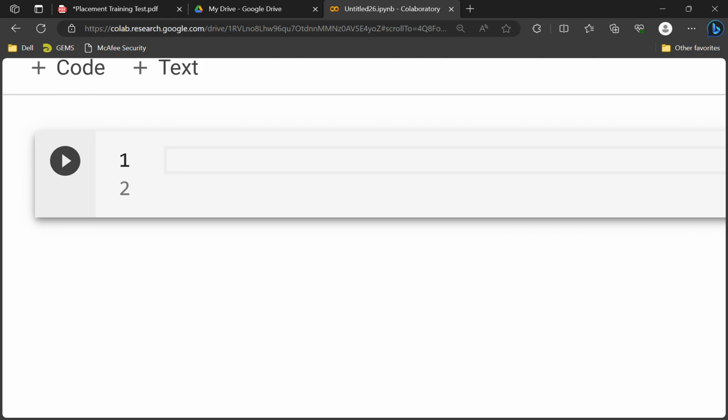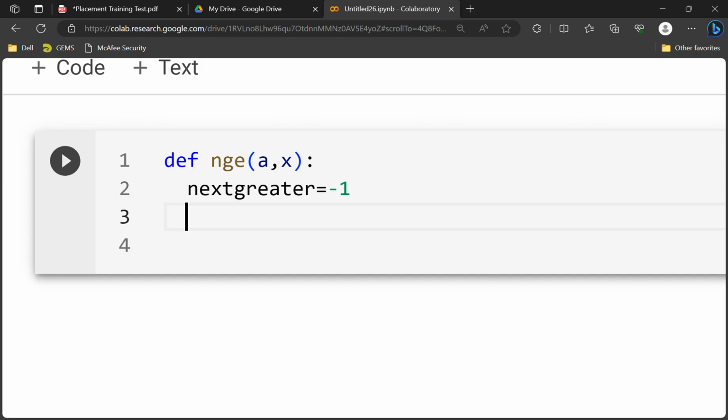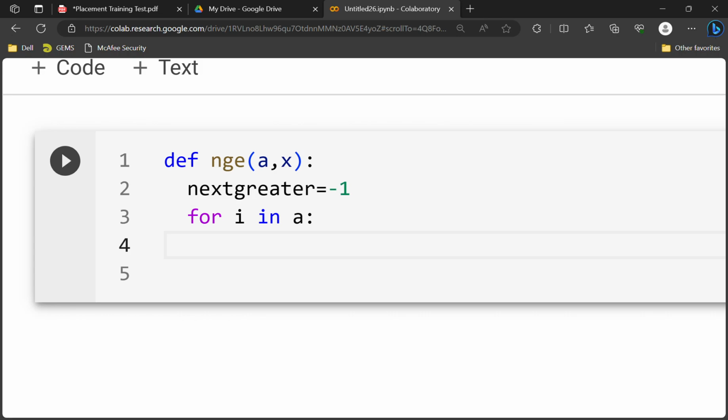First I will be writing a function next greater element. It will take the list as one parameter and the element as another parameter. Next, I will assume next greater to be -1 initially. Then for I in A,